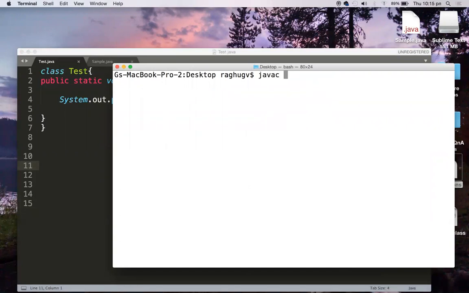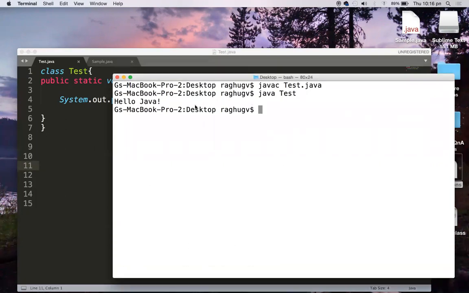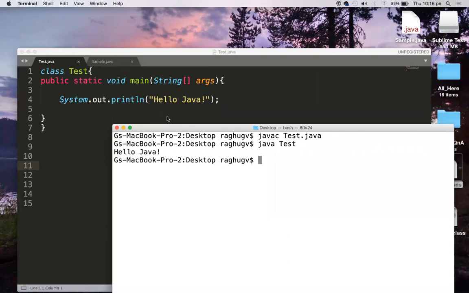So how can we compile a Java program? With the tool called javac. So javac Test.java, it's compiled successfully. And then how do you execute that particular class? We have to make use of java, which is an interpreter as part of the JVM. Whenever I say java Test, it is nothing but Test.main. That we have understood. That's why main is static. So now whenever I run this program, I am actually able to see Hello Java printed here.